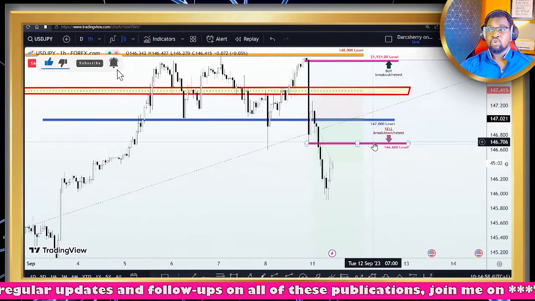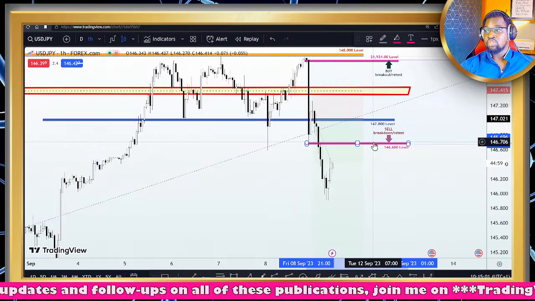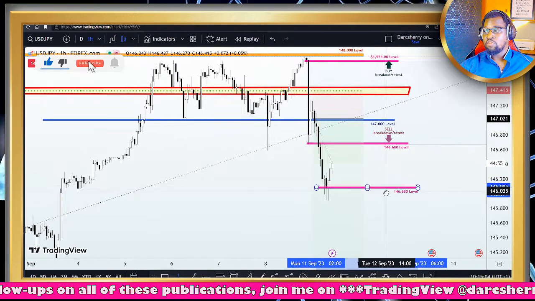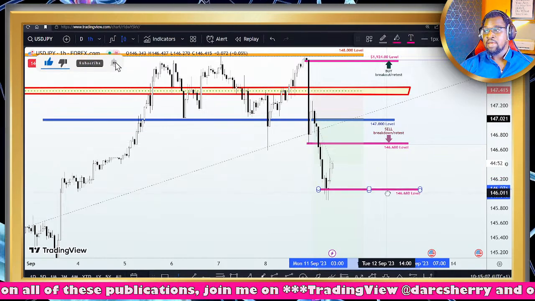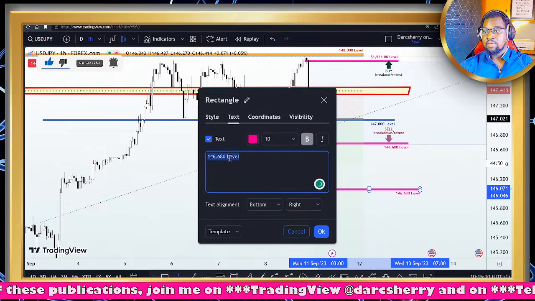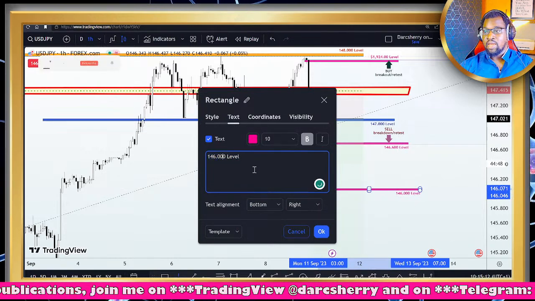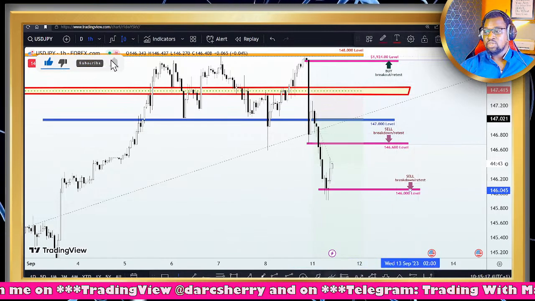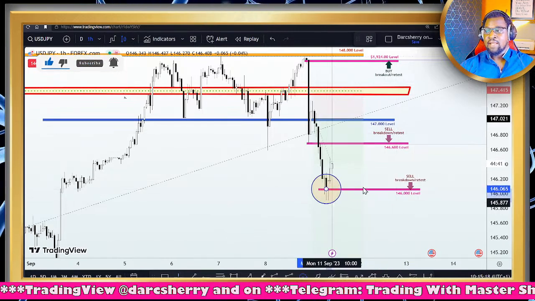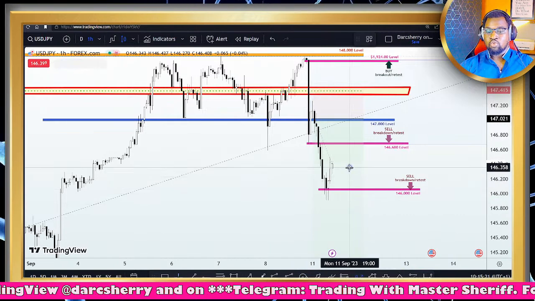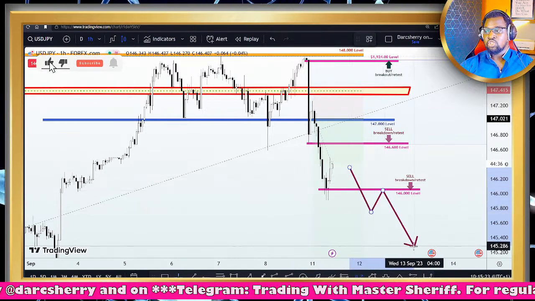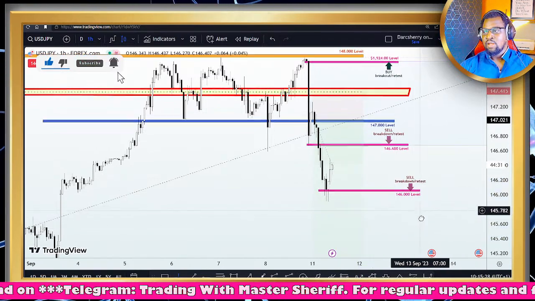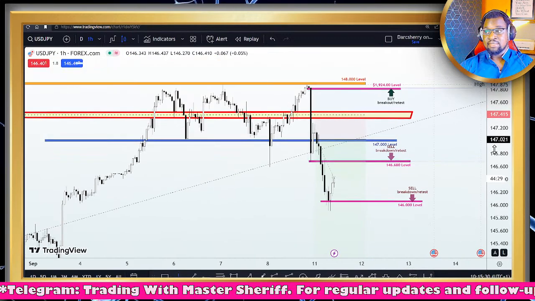Now, if price does not go that far and instead it continues to drop to the downside, then we have a level at the 146.00 area that we can use to add more sell position to our existing trade. So let's mark that level out. That level has been a buying niche in the last 3 hours here. So if price action goes on to break down, retest the structure, then we look out for more selling opportunities here. So these are my views here as regards selling the